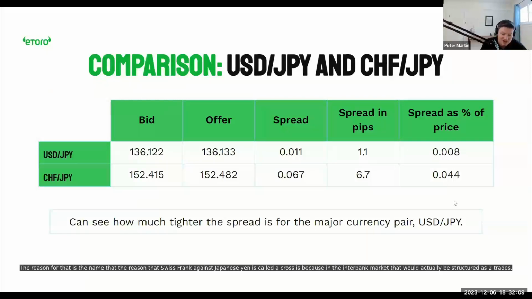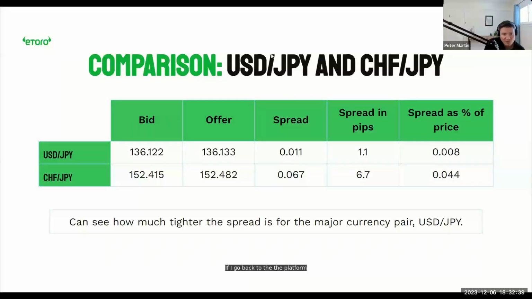The reason Swiss franc against Japanese yen is called a cross is because in the interbank market, that would actually be structured as two trades. You would do a US dollar against Japanese yen and a US dollar against Swiss franc, and you do those two trades to create this cross. So because you're doing two trades instead of one, it has a bigger spread that is fundamentally part of it. If I go back to the platform,